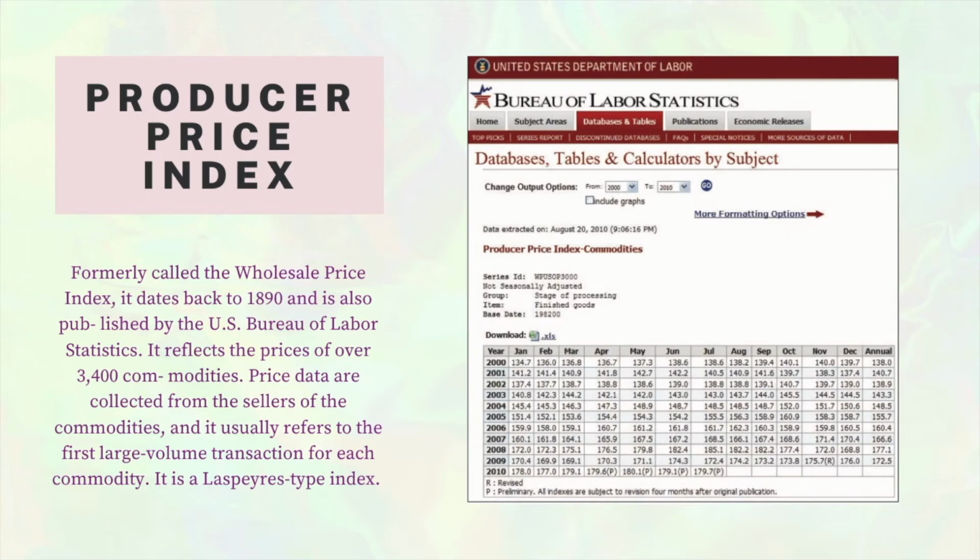Price data are collected from the sellers of the commodities, and it usually refers to the first large volume transaction for each commodity. It is a Laspeyres type index, and to access this information, go to